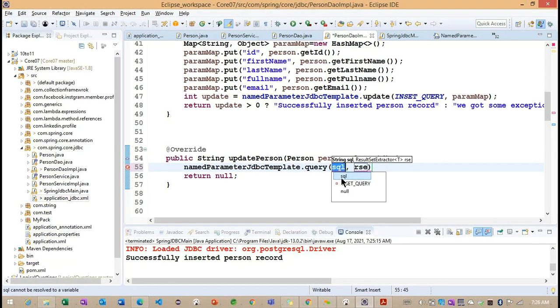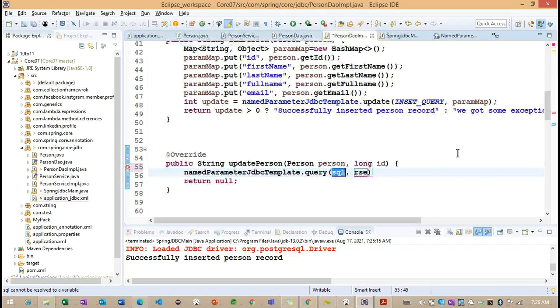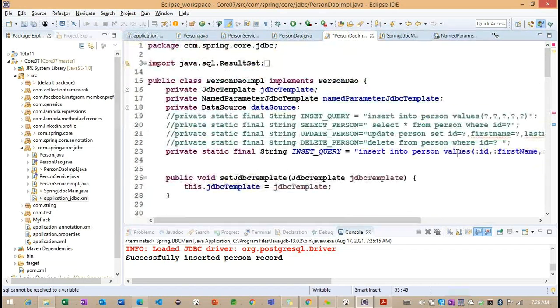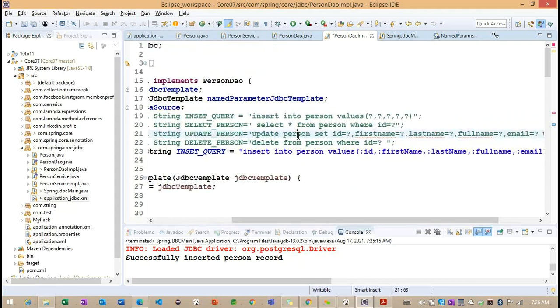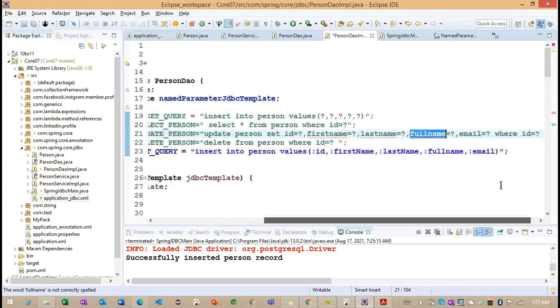So to connect with the ResultSetExtractor here, first what do we need to write? We need to write the update query first. So to write the update query, what can we define here? Observe: update person set ID, first name, last name, full name, and email where ID.